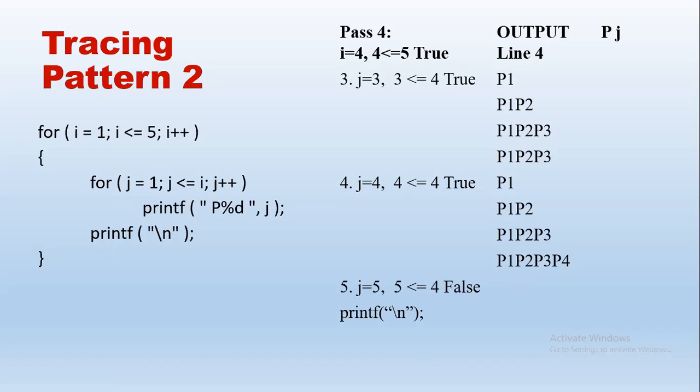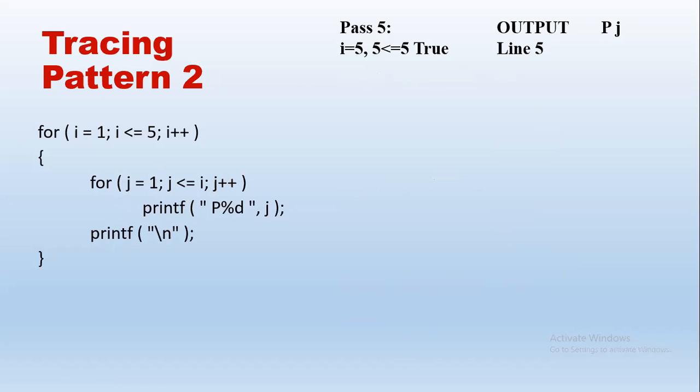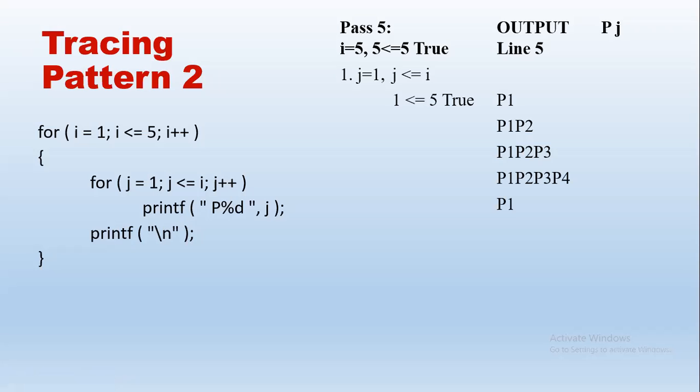That is pass 5 for us. So we need to print pj again in line 5, the j value, right? So 5 less than equal to 5. i is 5. Condition i less than equal to 5 is true. Again, j starts with 1, right? Every new pass, j starts from the new value. So j is 1. 1 less than equal to i, which is 5. In previous passes, we have printed 4 lines. The cursor was in the 5th line. So here we print p, j value. j is 1. So print p1.